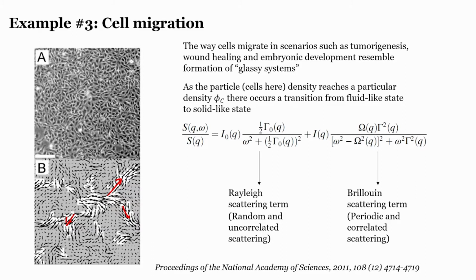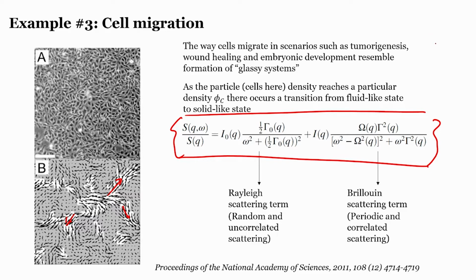And how can we understand the structural property? We can understand the structural property by using this equation, the structure factor. Structure factor is generally used for understanding crystal structure by means of techniques like X-ray diffraction and neutron scattering. Though in this particular study it was done by image analysis, it can also be done by image analysis. And what we try to reason is how these cells, when they migrate, have both spatial